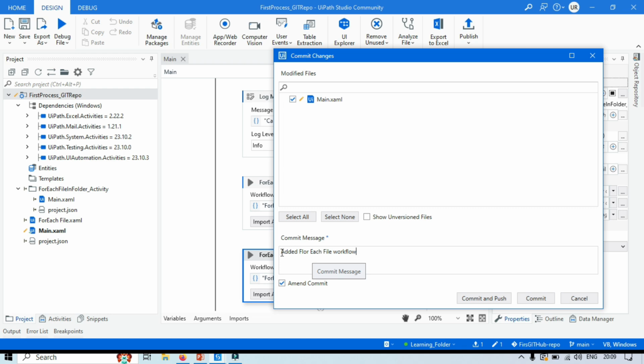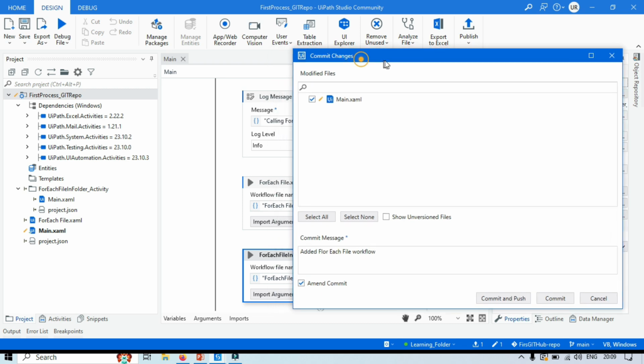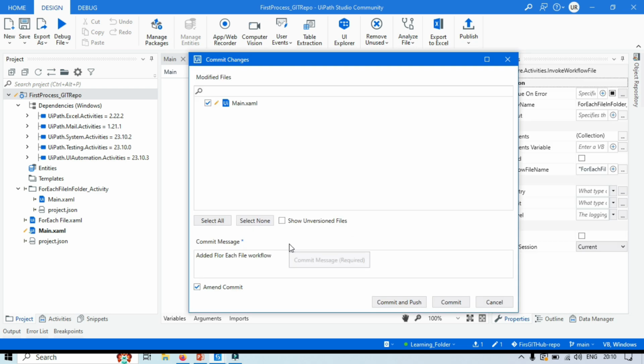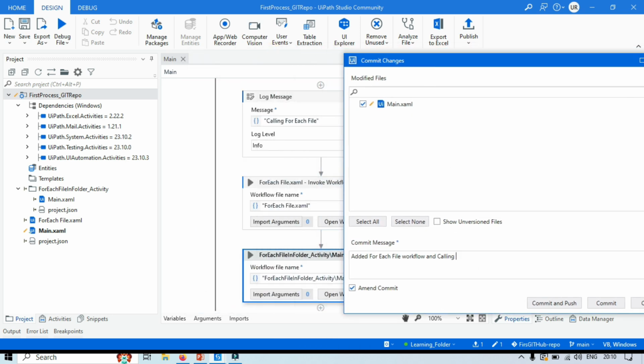So now I can do both the things. I can modify the commit, and also I can add any activity, any workflow, anything I can modify here. Now let me just modify this commit message, added for each file. Let's say I did some mistakes, so I will also just modify this added for each file workflow and calling main